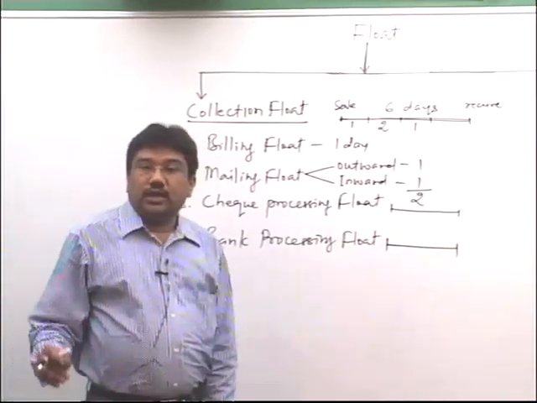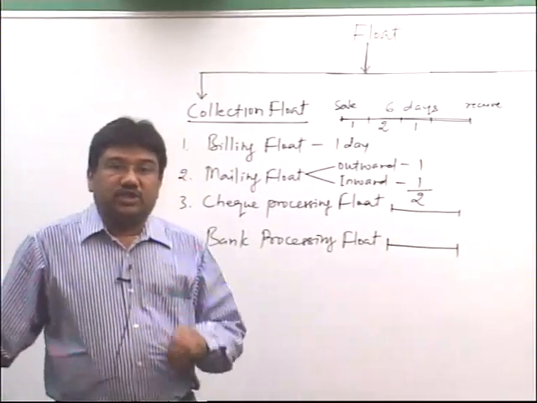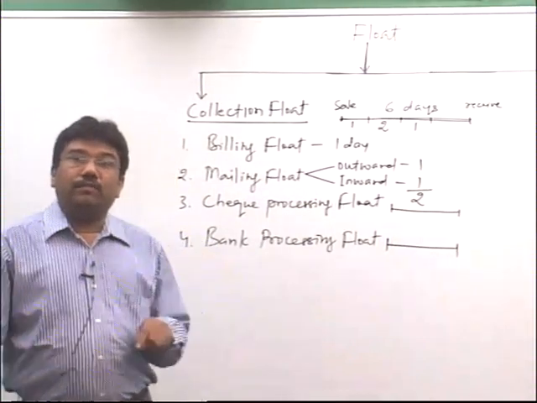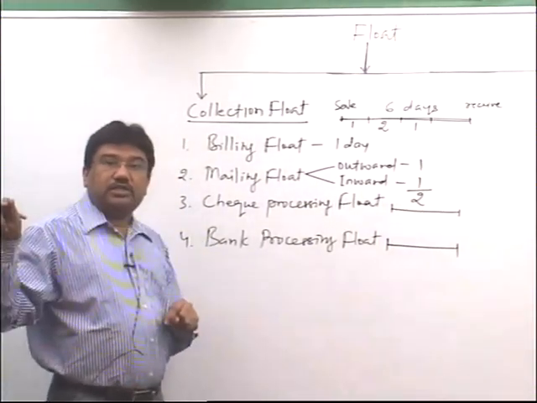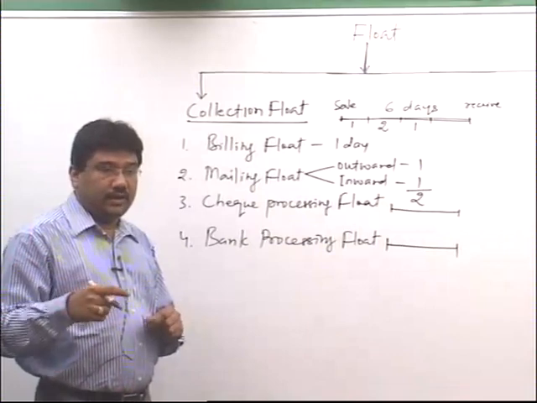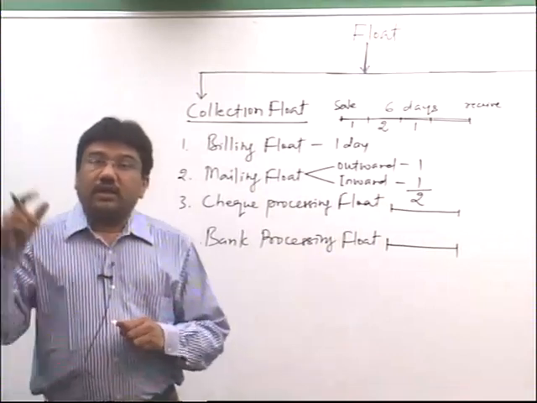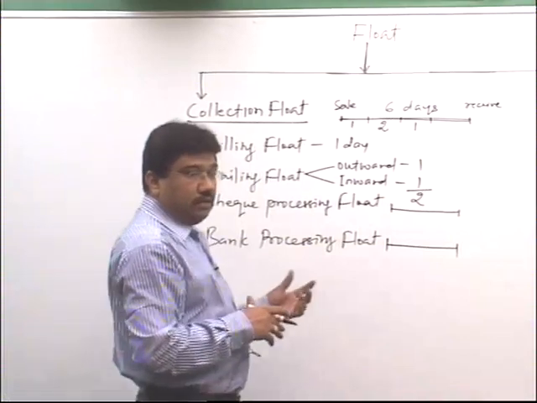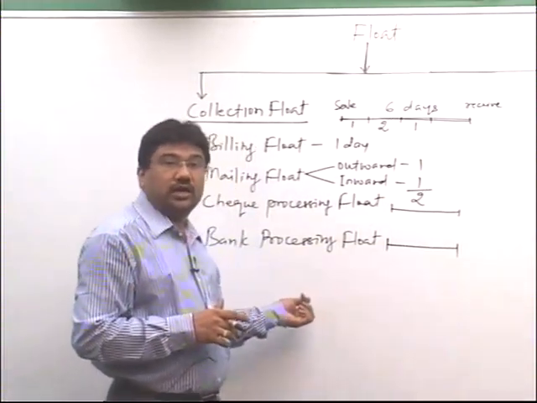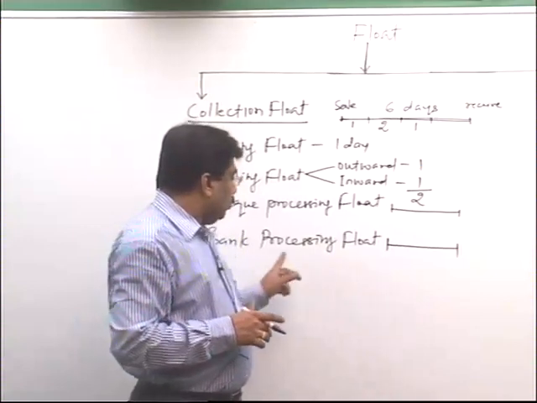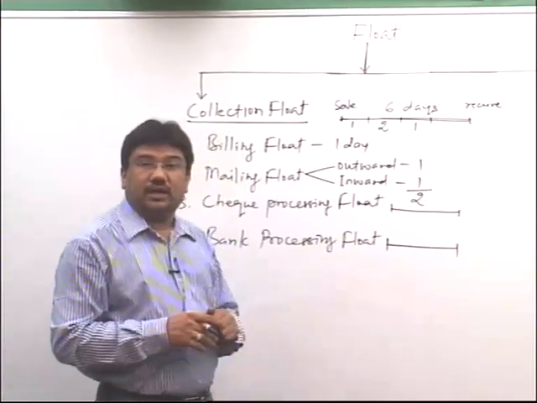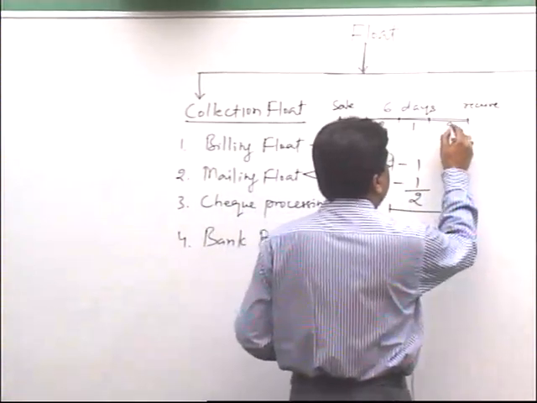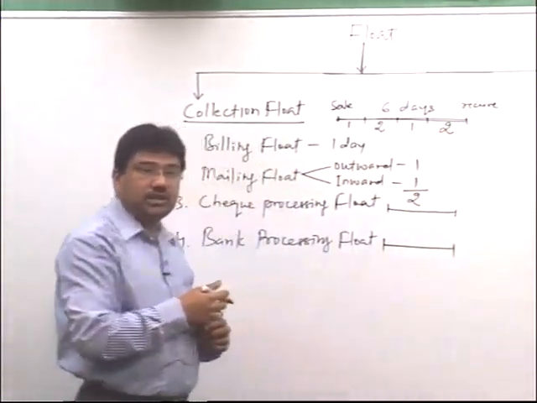But suppose I deposit the check into a local bank and the bank of the issuer is also in the same city, then it may take 1 day. Same way, if it is an outstation check, then it may take 2 or 3 days because the check is cleared through the clearing house. So, to clear the check, how many days are taken? That is called bank processing float. Suppose it takes 2 days because it is an outstation check.